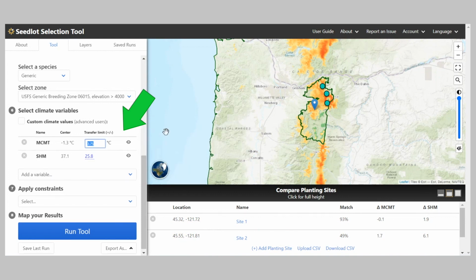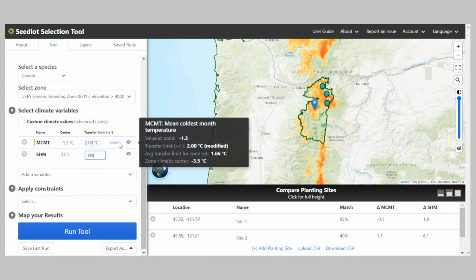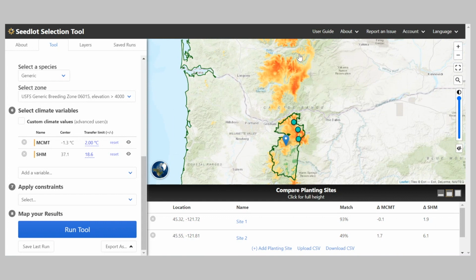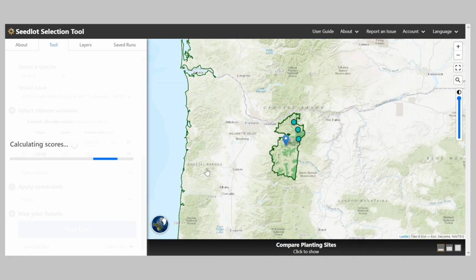You do that by clicking on the number, and then enter the value you want. I'm going to change the summer heat moisture index to 18.6. And now I'm going to run the tool again, and let's take notice of the output mapped from the model. So we'll click Run Tool.